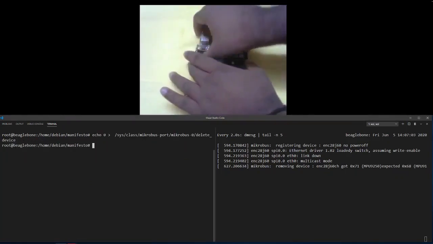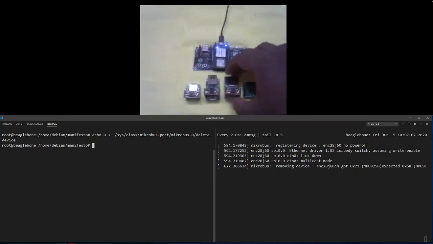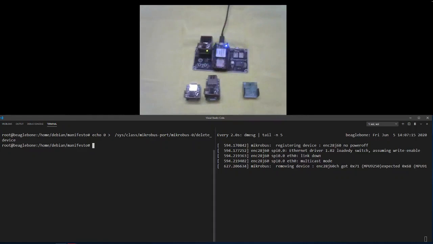The next click is an OLED B click. This click also has an EEPROM loaded with the manifest blob. The specialty with this click is that the particular driver requires additional named GPIOs and named properties to function properly.